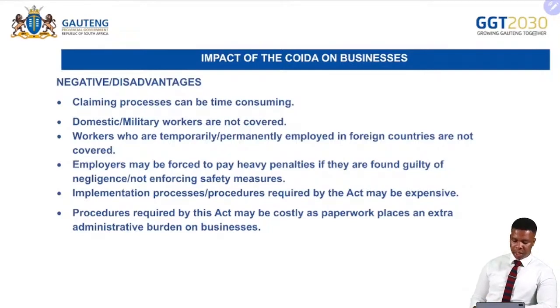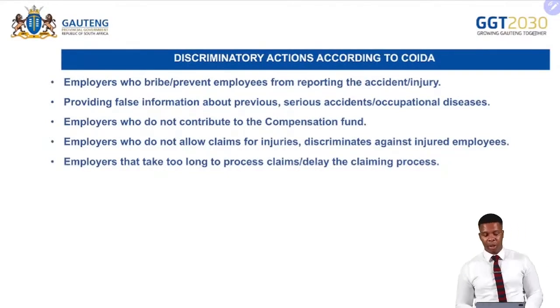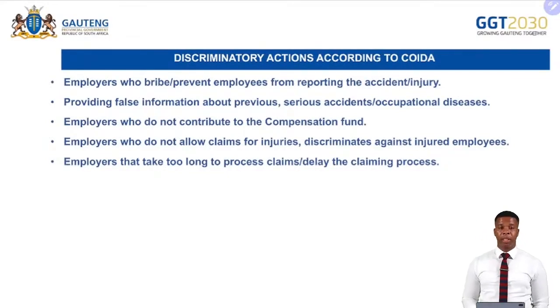And then implementation processes or procedures required by the act might be expensive, and procedures required by this act might be costly, as paperwork places an extra administrative burden on the business. And then when you look into discriminatory actions, according to the Compensation for Occupational Injuries and Disease Act, is